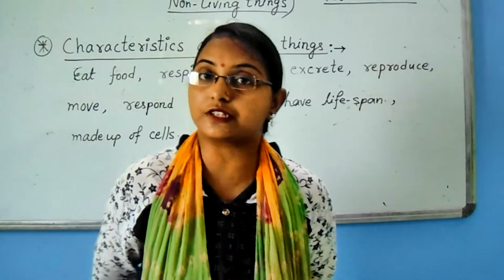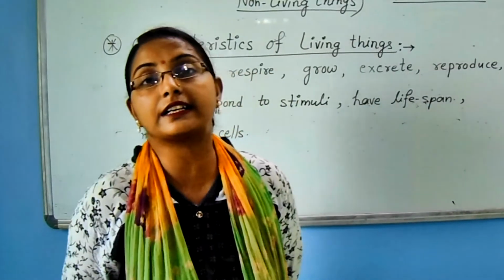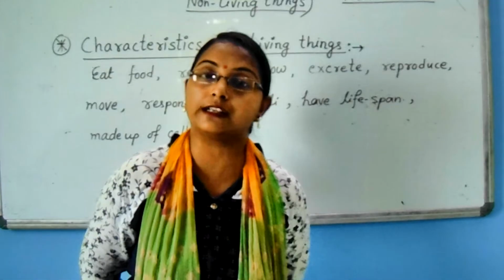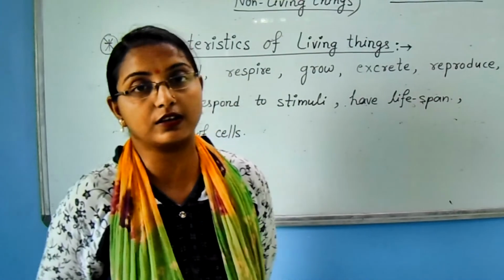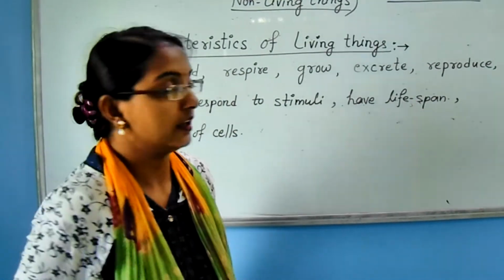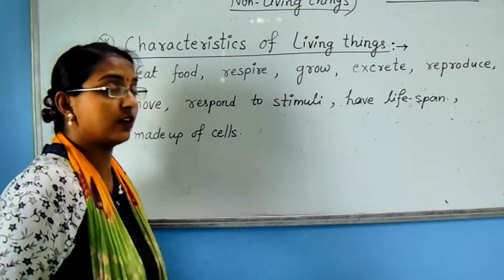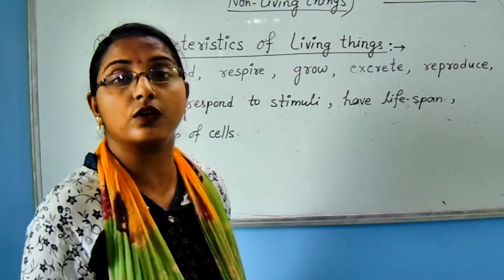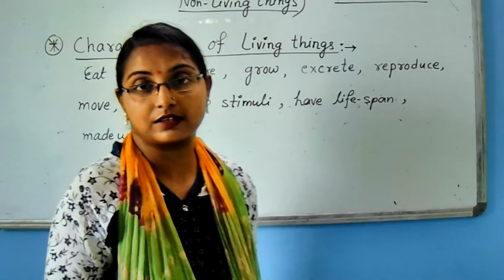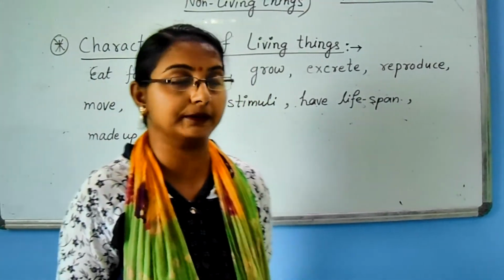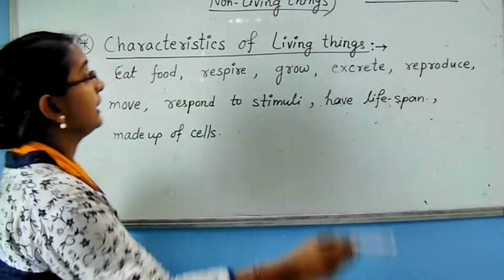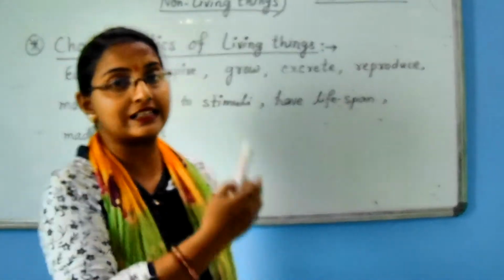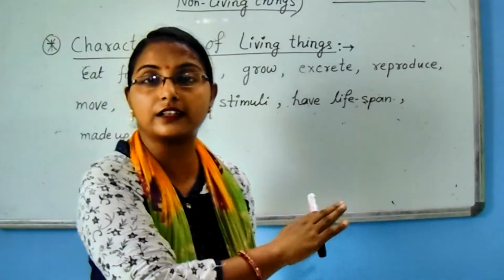Even we are made up of cells, and we are multicellular organisms. हम मल्टीसेलुलर ऑर्गेनिज्म है, हमारे सेल्स बहुत हैं, मल्टीसेलुलर है. इवन यूनिसेलुलर ऑर्गेनिज्म भी होते हैं, that is called unicellular, that contains only one cell. It is amoeba. Now, in this chapter, the living and non-living things, you can see the characteristics of living things.